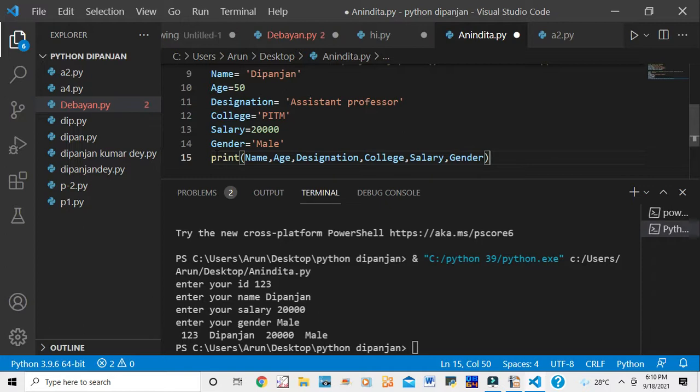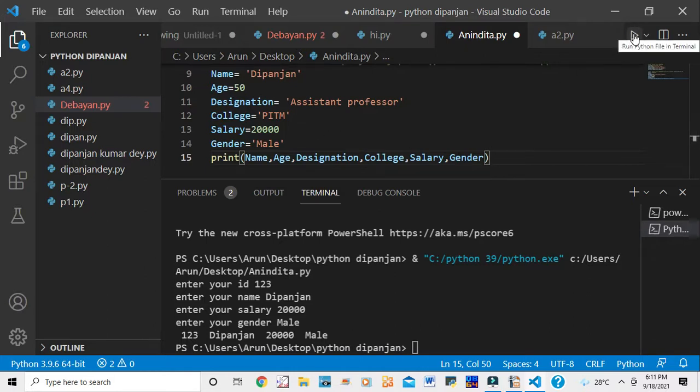This program is already saved in anindita.py. Now you see the run option is there.